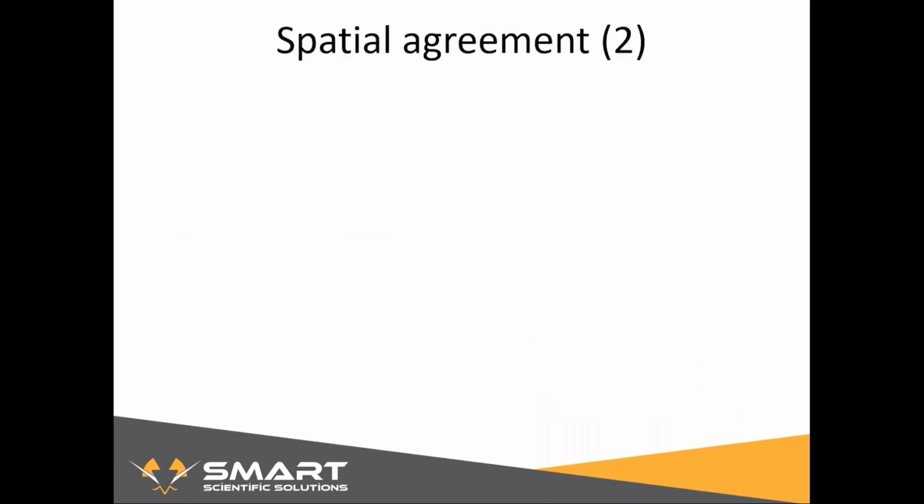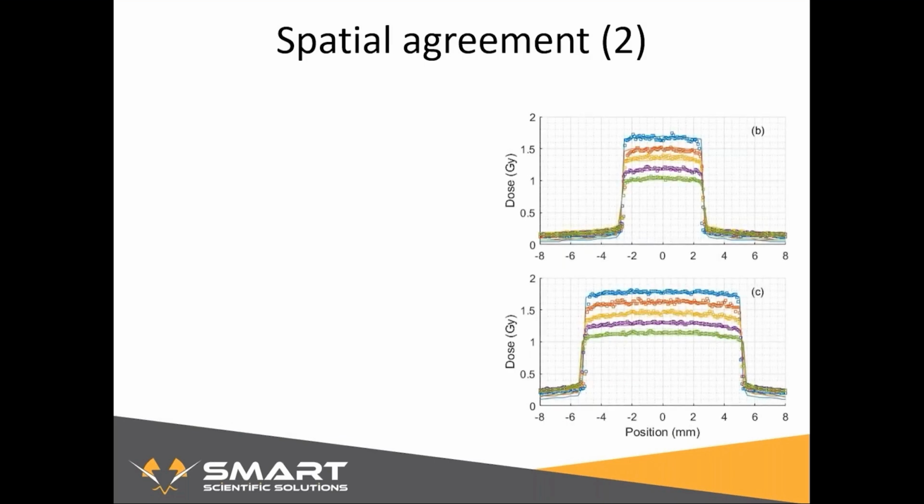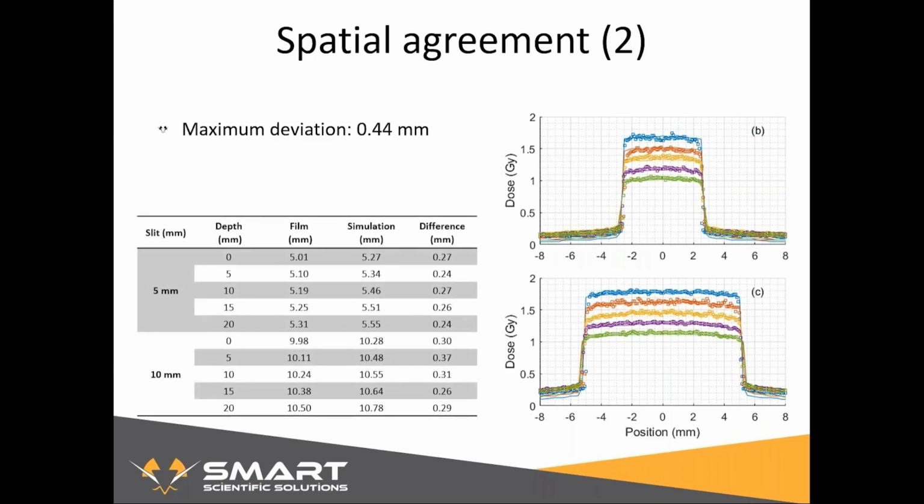The results of this also showed good agreement. It's a bit harder to see on the figure, but the solid lines are the Monte Carlo simulations from SmartRAD, and the dots are the measurement points on the film. It's hard to see, but that actually makes it good because that means they're overlapping very well. The maximum deviation on all the things we did, with lateral shifts and 3 different field sizes, was 0.44 millimeter, and the mean average is 0.24 millimeter. This is sub-millimeter accuracy, which should be sufficient for